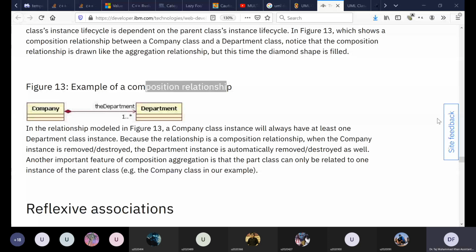So they are orthogonal concepts, inheritance as well as composition. Composition and aggregation are a relationship between objects of those classes. In classes also, but mainly we talk in terms of object lifetimes. Inheritance is what we have been studying, that a class inherits from another class and it inherits all the attributes, etc. So the two concepts are different from each other and they are represented differently in UML. They serve different purposes.